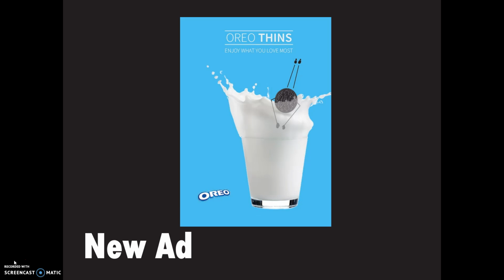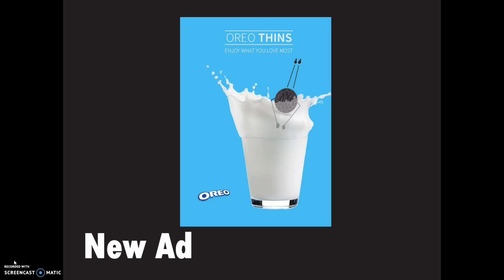But the other thing about this campaign is that the Oreo is having fun. It's splashing and it's playing. And the interesting thing about an Oreo cookie, it is something that you can enjoy in the summer months. It's a chocolatey treat that you can enjoy in the summer because it doesn't melt like many other chocolatey treats. And so this ad campaign is kind of bringing in that playful fun, perhaps throughout the summer season,